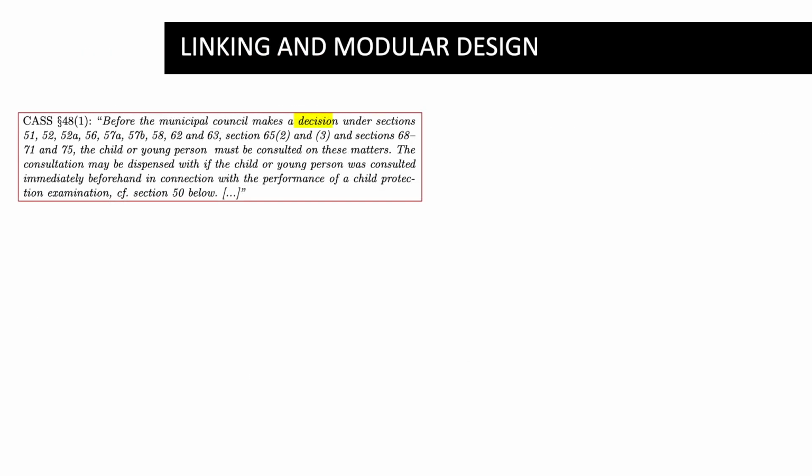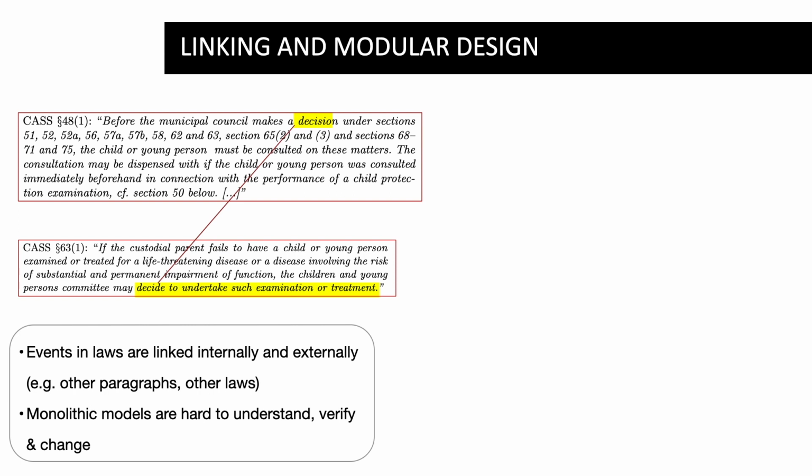Let us explore a little bit more the nature of the relations between legal paragraphs. And for doing this, let's go back to the Consolidation Act of Social Services in Denmark. What we see here in this paragraph is the description of a very common decision-making process in a law. In this case, the decision we need to take into consideration is not done in isolation. Instead, this decision requires taking into consideration different paragraphs or activities in these paragraphs. One of those paragraphs is paragraph 63. In this paragraph 63, we have a clear description of what the nature of the decision should look like with respect to